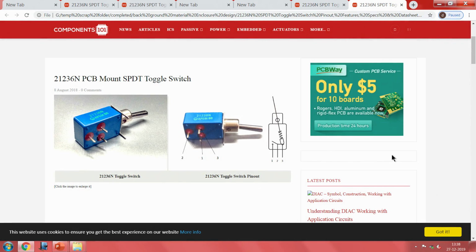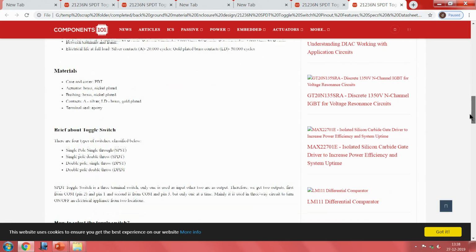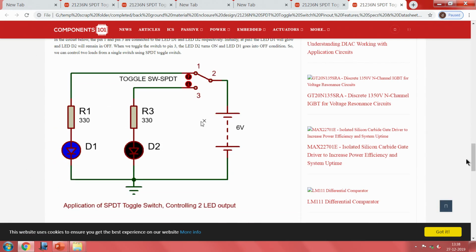What happens here is, if you see the function of the switch in this particular case, it is very, very simple. See in this, if you operate it here, this diode is getting operated, this diode is getting operated here.